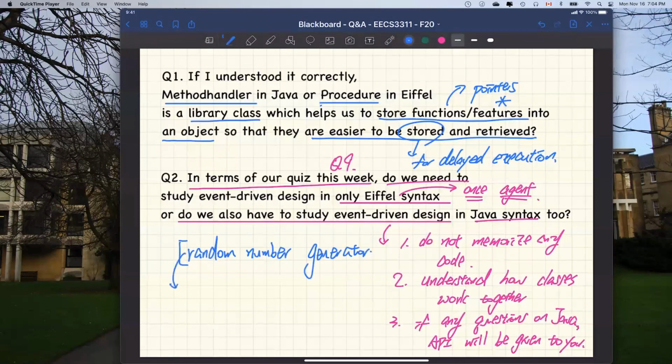It's a deterministically random number generator, meaning that